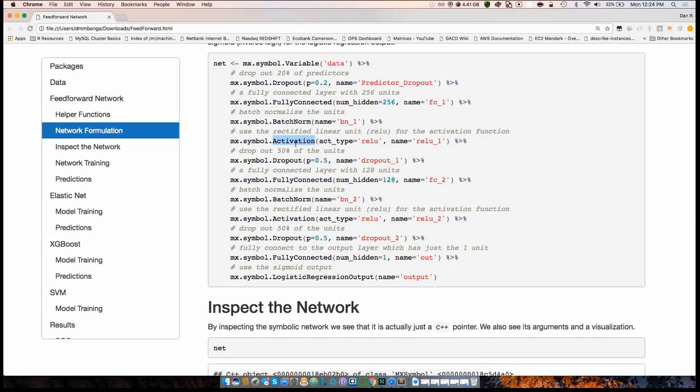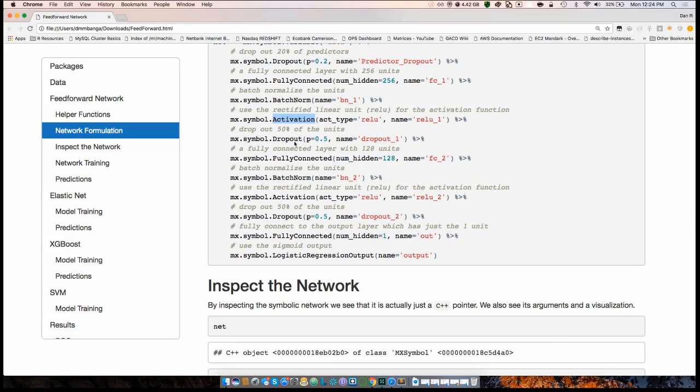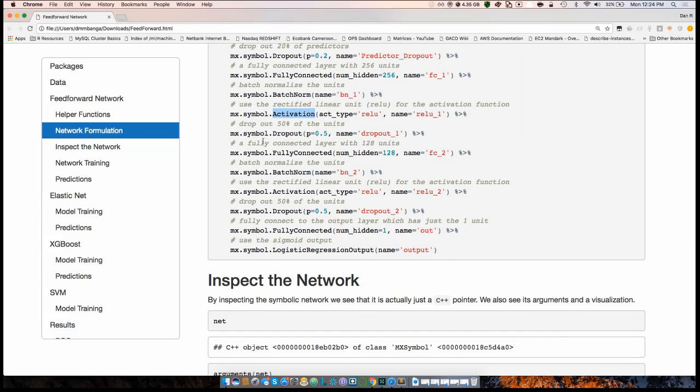Okay, and then you activate. Yeah, so then after you have your hidden units and they have been normalized, you need to activate them, typically with a nonlinear function, because otherwise you're just building essentially a linear model and things don't learn as well. So we're using the rectified linear unit as our activation function to propel these units into the next hidden layer. And essentially you go through the same process over again for a second layer before you fully connect in the end and have a logistic regression output layer. Can you talk about that?